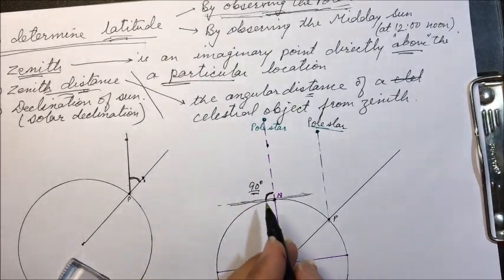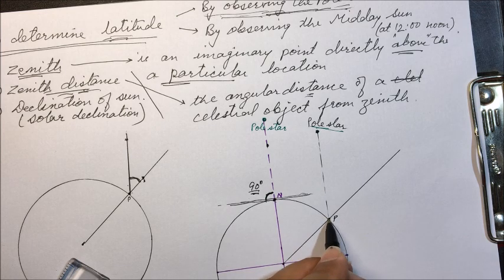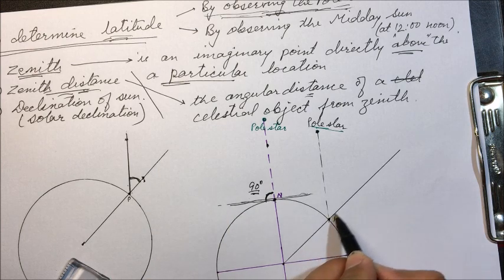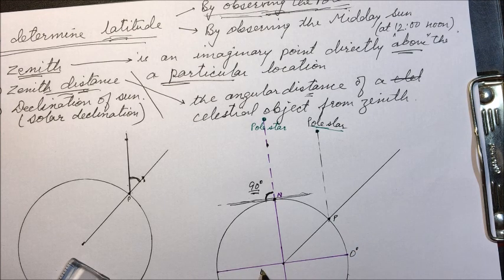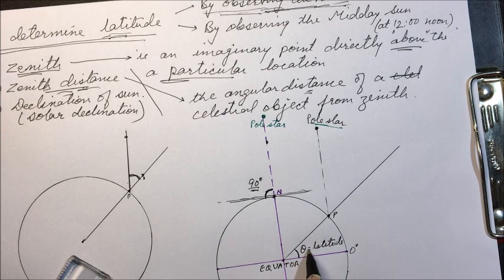Or if you have to calculate the latitude at this point P, so here, as we know the definition of the latitude, if we join this point to the center of the earth, whatever angle it makes with the equator, this is equator. So the angle it subtends on the equator, that is our latitude. So for example, theta is the latitude. So at this point P, this theta will be the latitude.